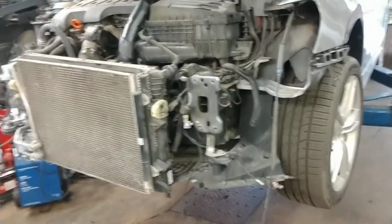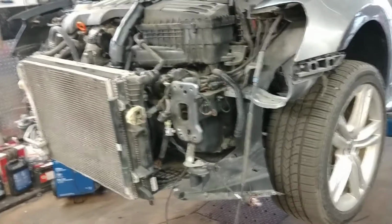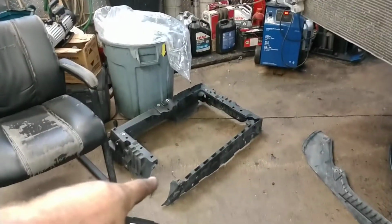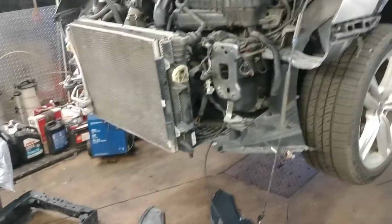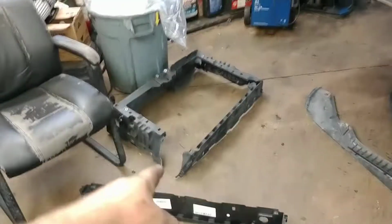You can go aftermarket if you want. This guy wanted to go original OEM because the car's only got 60,000 miles on it, something like that. He wanted OEM, wants to make it nice. But do not hit curbs in these cars. That will break. This is probably the 4th or 5th one I've done in a year and a half. Not on this car, but on different cars. It's very common. You go through a dip, you hit a curb, anything, that breaks,